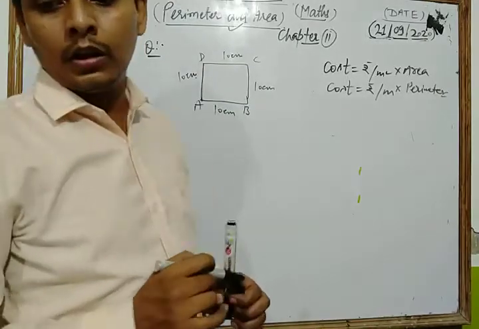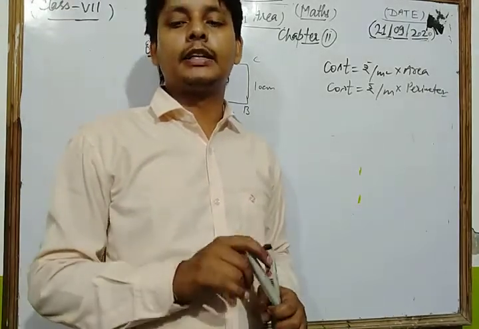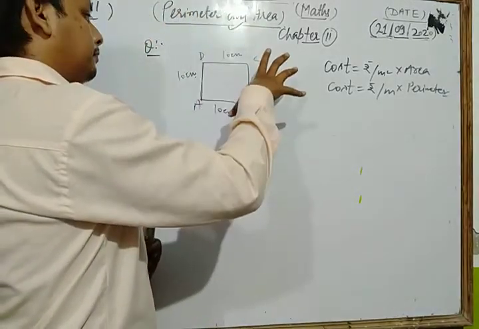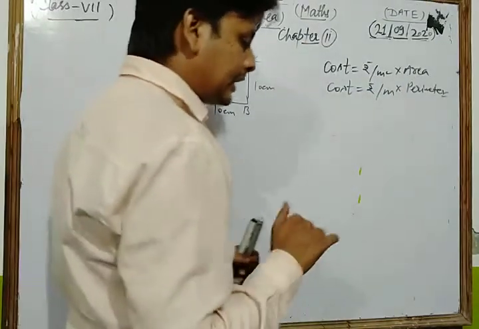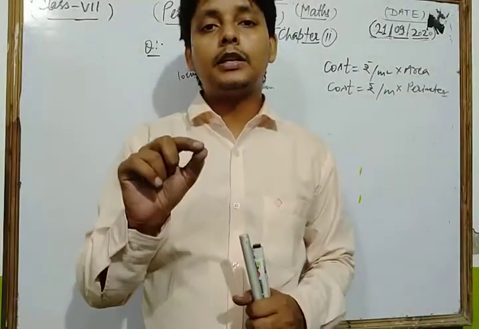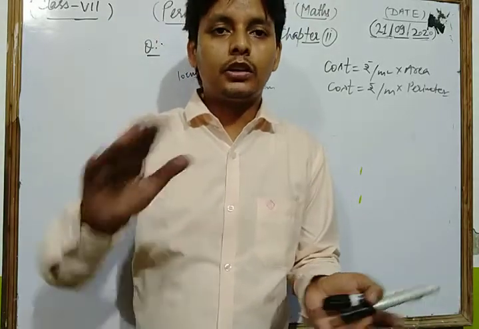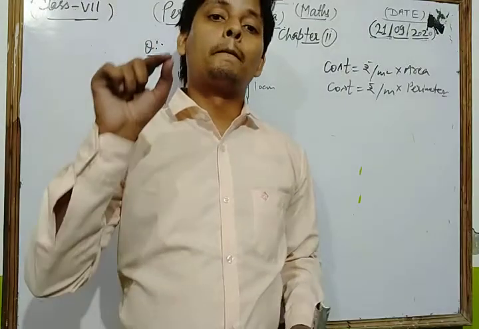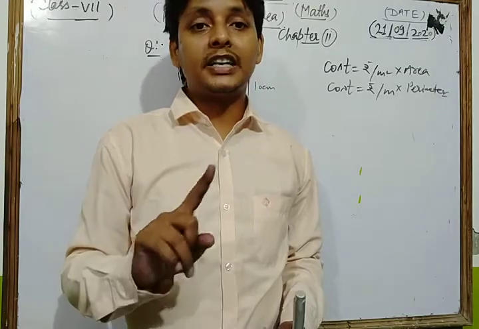Now, if the wire is rebent into the rectangle of length 12 centimeter, dear students, if any geometrical shape is rebent into another shape, then in that condition their perimeter will always be the same. If one shape of the figure is rebent into another shape of the figure, in that condition the perimeters of those shapes are equal to each other.